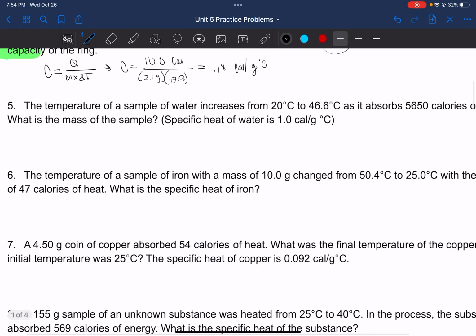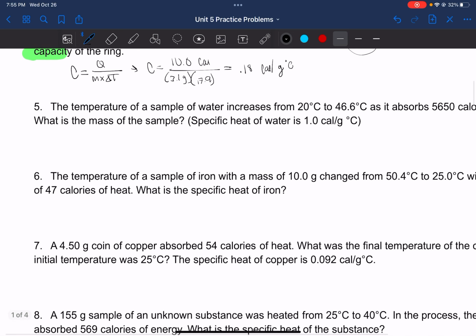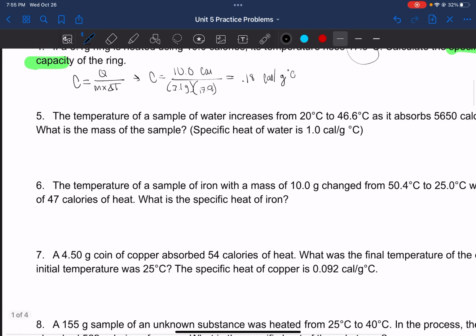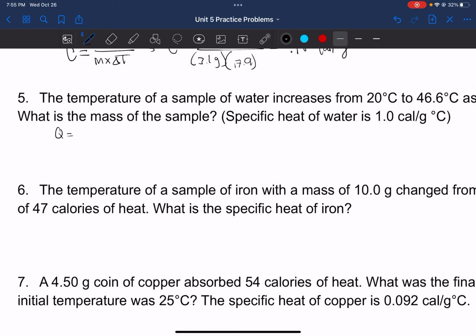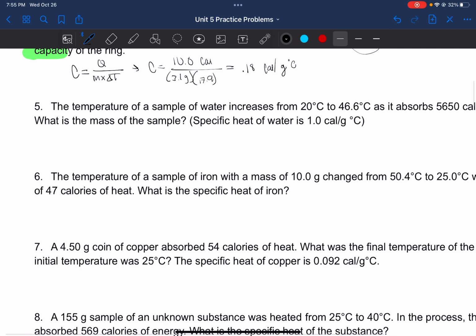The temperature of a sample of water increases from, mass. Okay, mass you just divide by C times delta T, bring it over there. Like I said, calories are still on top. So another variant, calories on top. So for this, it'll just be mass equals Q over C times delta T. Therefore, M equals